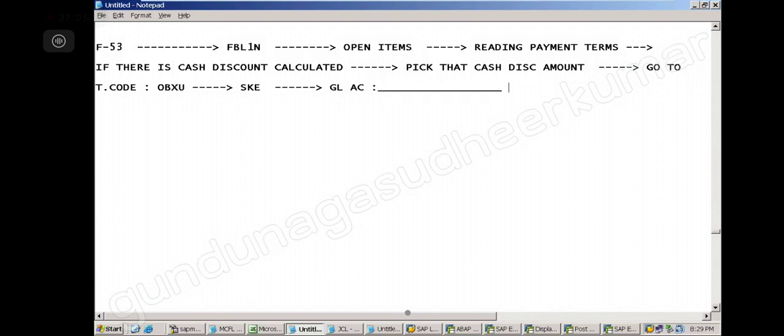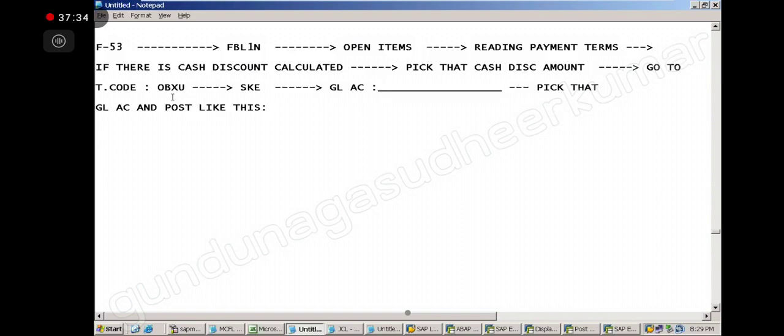Pick that GL account and post it. Debit or credit that account?